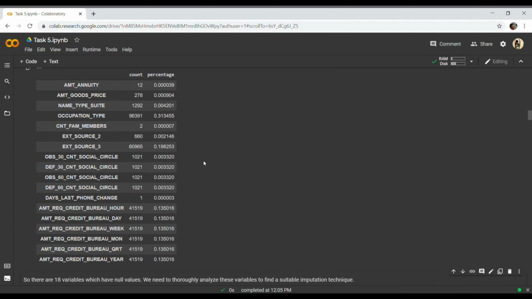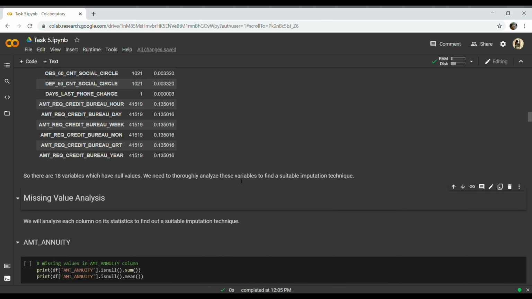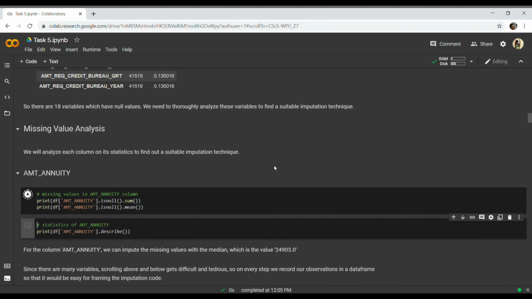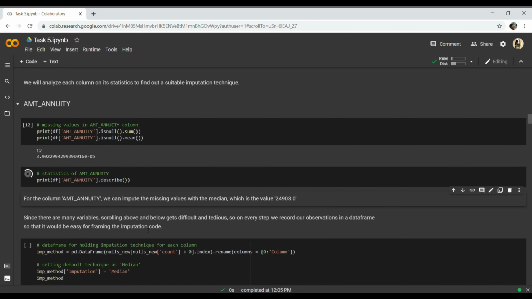We can find a suitable imputation technique, and we can impute these variables. So now let's analyze each of the variables and check what we can use to impute. Let's see the statistics.